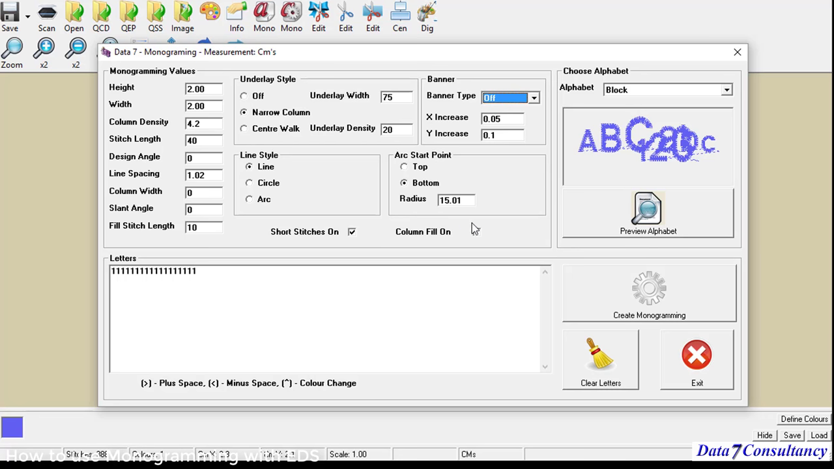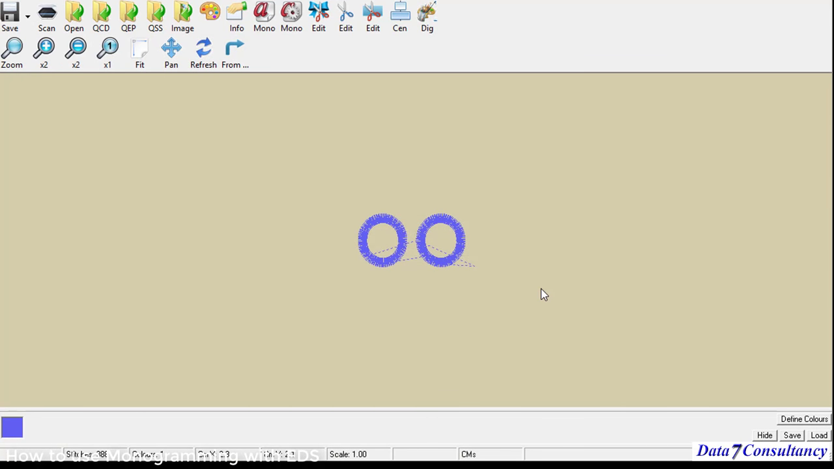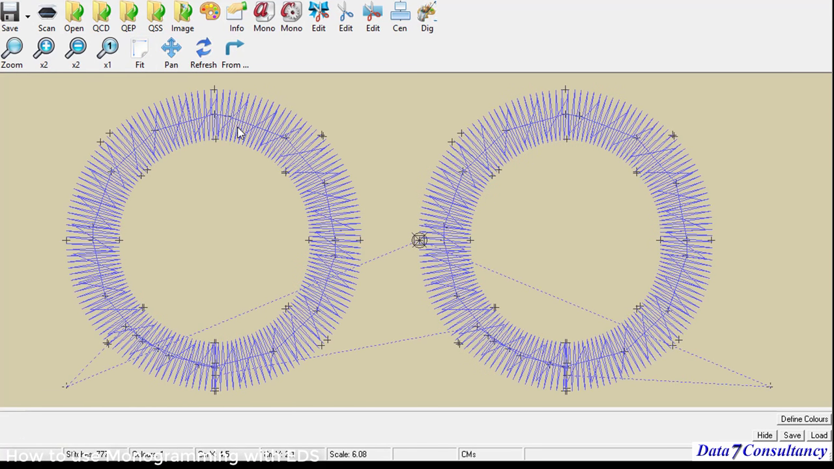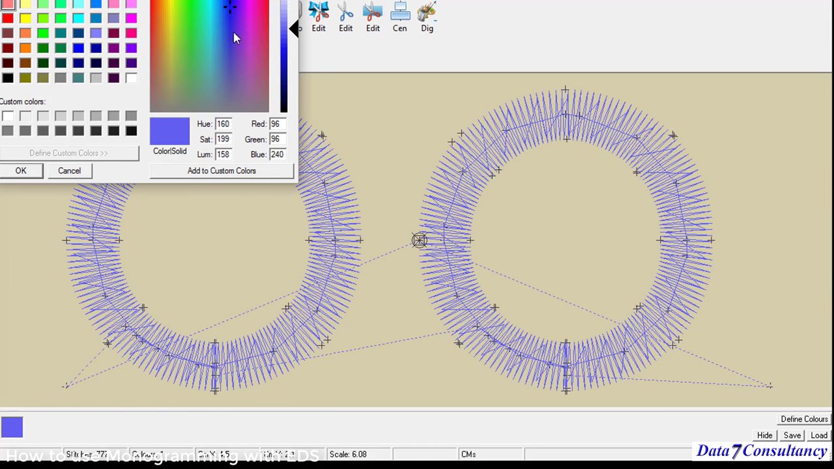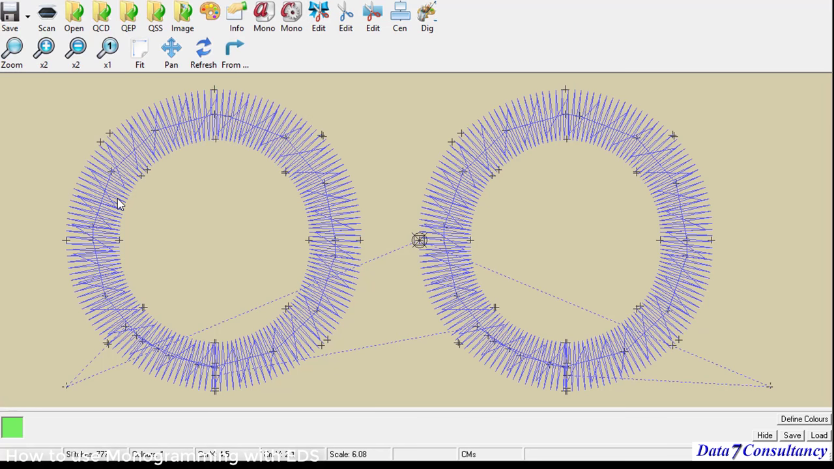So two other features I want to draw your attention to. As I said, I'd come to these last, which is the fill stitch length. So firstly, column fill. As it suggests, if I have a couple of O's there as an example and fit the screen, because it's condensed format, you won't be able to see this easily. So what I'm going to do is change the colour to a nice lighter colour, refresh, so I can see